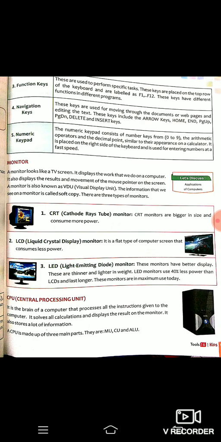We may need to navigate in a web page also, and if you want to edit at a particular point, we also use navigation keys. Some examples of navigation keys are arrow keys, home key, end key, page up key, page down key, delete key and insert key.